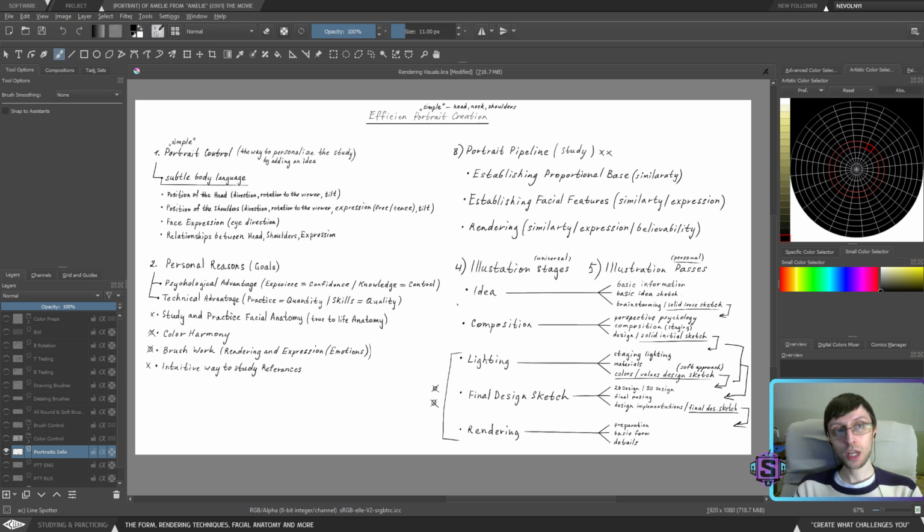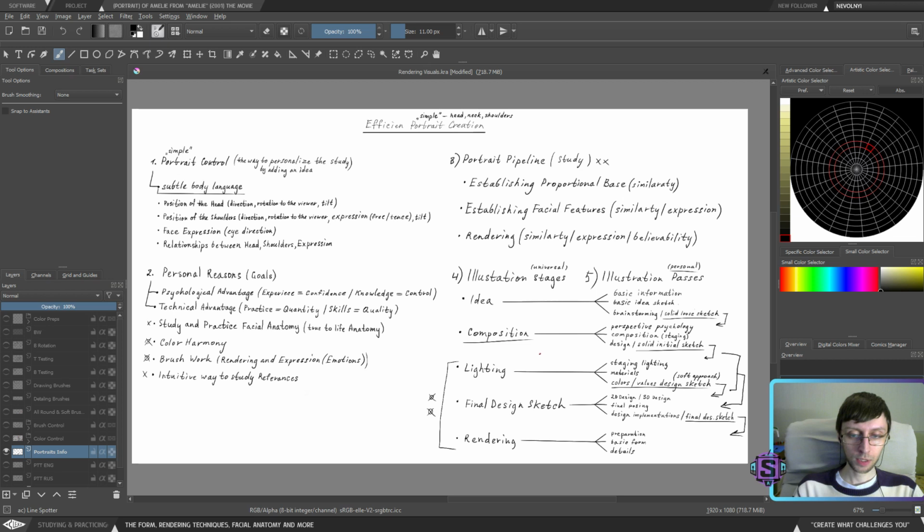Again, as I said at the beginning of the session, usually these thoughts are chaotic. And me doing this is a way to put these chaotic thoughts into some type of structure and learn how to control them. So now I know, and I'm seeing all things right away before me. I know that in order for us to control the portrait, we need to implement control of those things somehow into our idea and composition, and maybe in lighting. No, I don't believe that it's going to be implemented in lighting. So now we need to figure out how to implement our portrait control throughout the idea and composition stage.